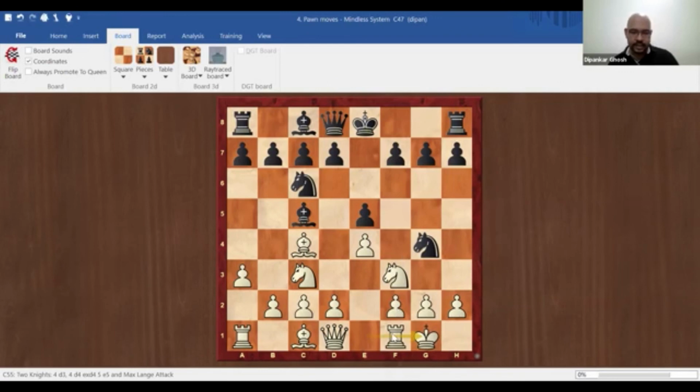Castle, and now notice your king and rook are defending this pawn, and you have not only avoided useless pawn moves, you have got two of your pieces out, and you have gotten castled. And if black wants to take, you just take back. So what has happened is black has given up two of their pieces, meaning the knight and the bishop, for a rook and a pawn, which, if you know the point system, is roughly equal value.